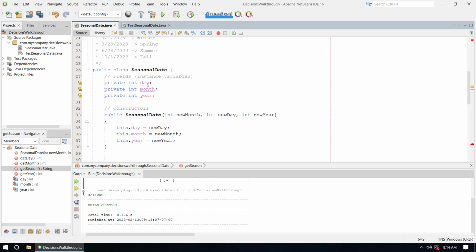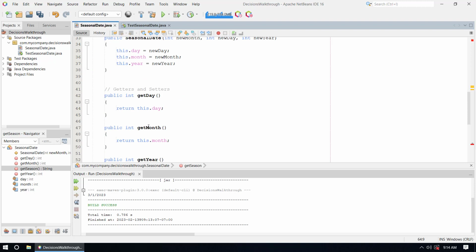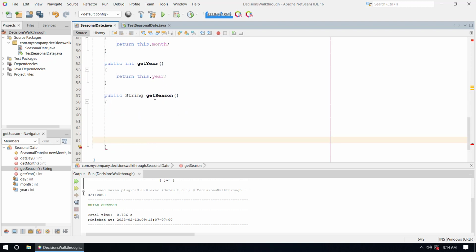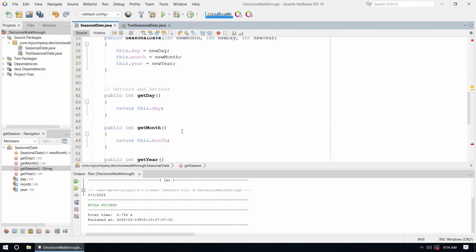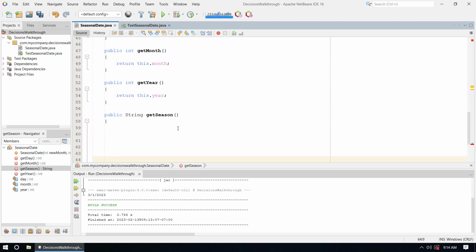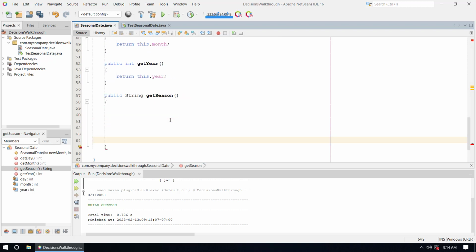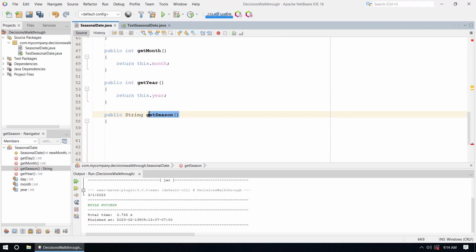There's no field called season. I could make one, and I could make a private String season, and I could maintain that. But then it is one more piece of data to maintain. And what I would prefer to do is just make a method that, to the person using the class, is going to seem like there's a season variable, but I'm just going to, on the fly,